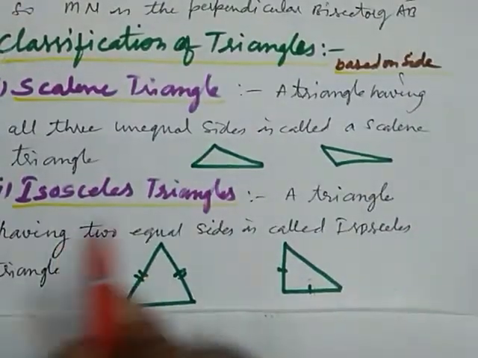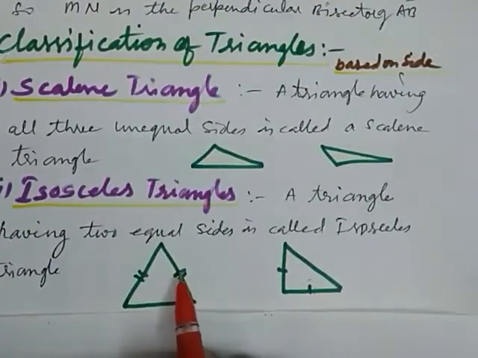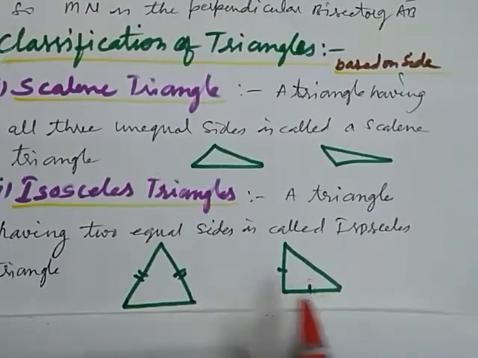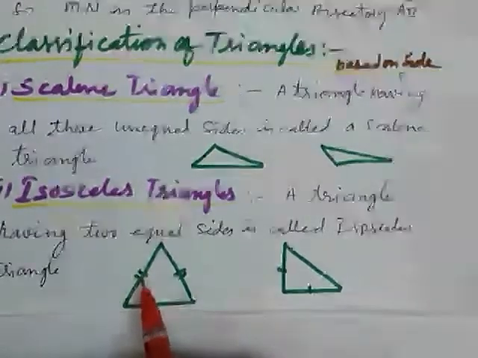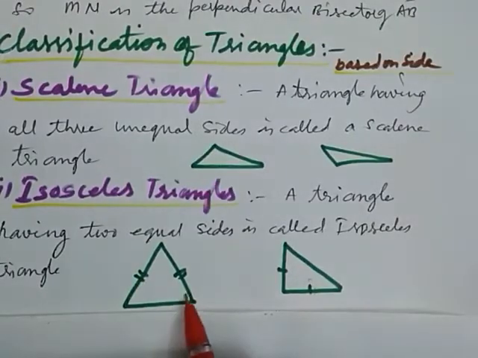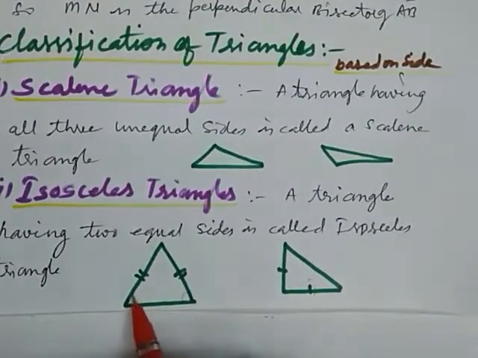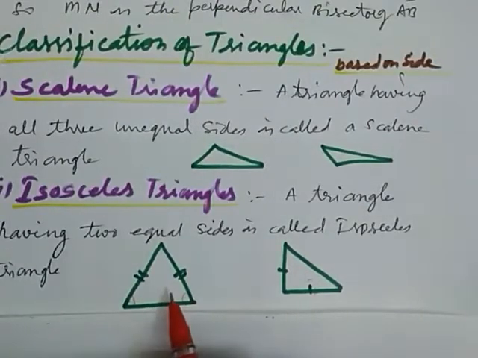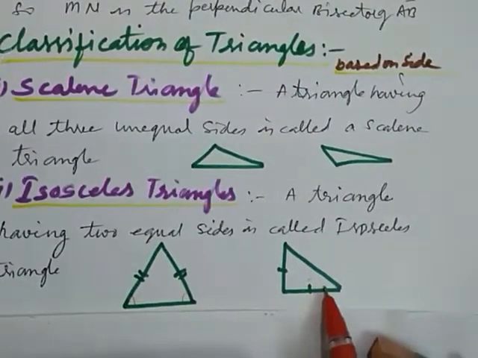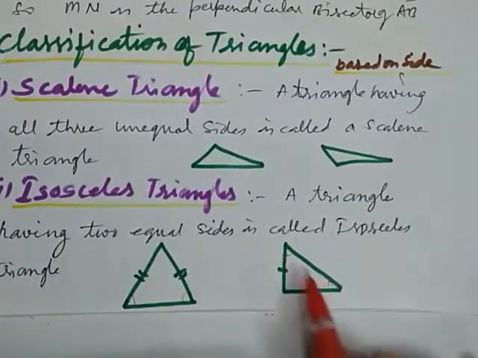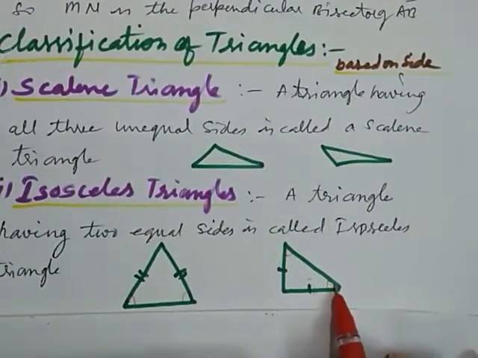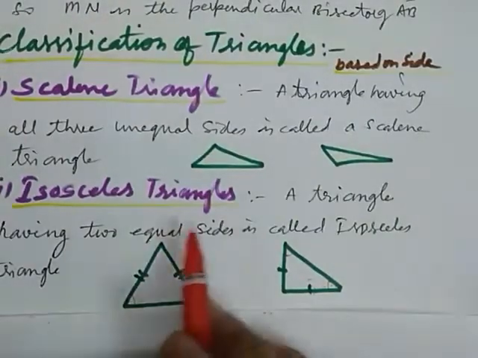So this way the isosceles triangles have two equal sides, okay, and these triangles also have two equal angles: the angle opposite to this side and the angle opposite to this side are also equal. This is a property of a triangle. Same here, the angle opposite to this side is this and the angle opposite to this side is this. So these two angles are equal and this angle is a right angle. So these two are 45-degree angles. Okay. This way we learn the triangles.